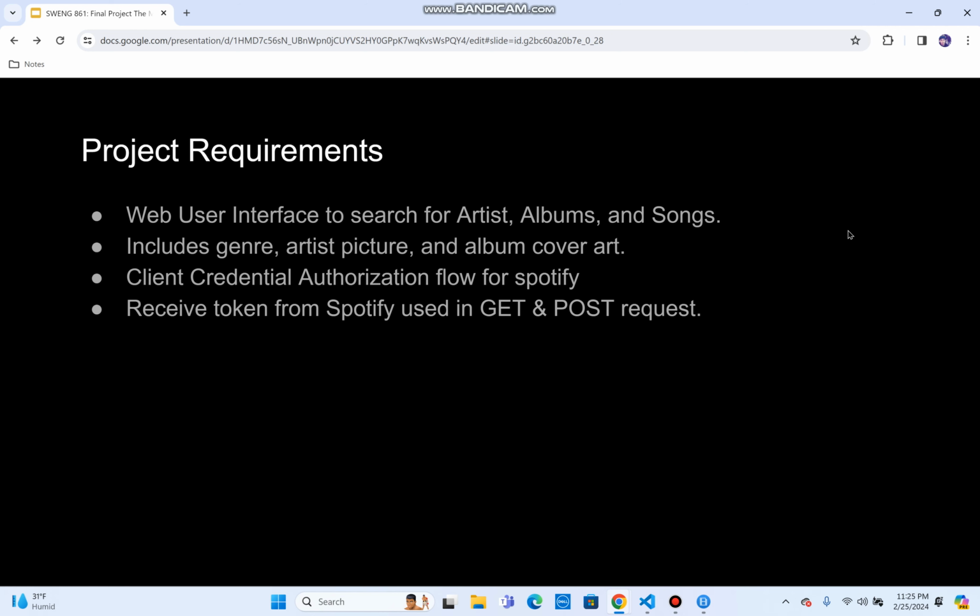So overall functionality of the app: when a user enters a search query and clicks the search button, the application fetches data from the Spotify API related to the search query, which is artists, albums, or tracks. The retrieved data is dynamically displayed on the web page, showing details such as artist, album name, release date, images,